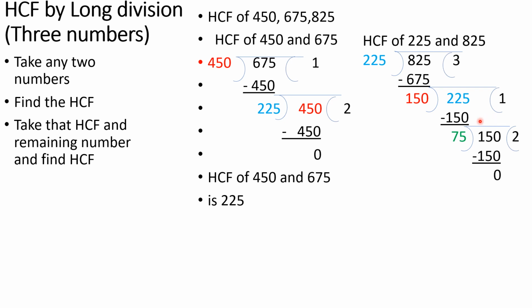So 150 ones are 150, the remainder is 75. Now this 75 will become divisor and 150 will be dividend. Then 75 twos are 150 and the remainder is 0. This remainder is 0 because of this last divisor, which is 75, and 75 is our final HCF for